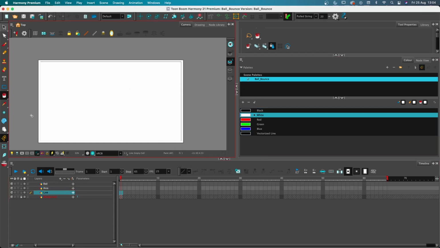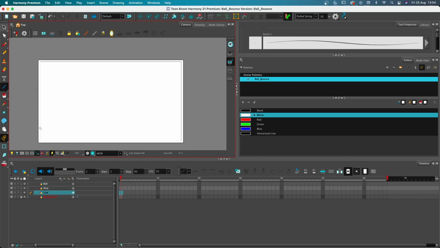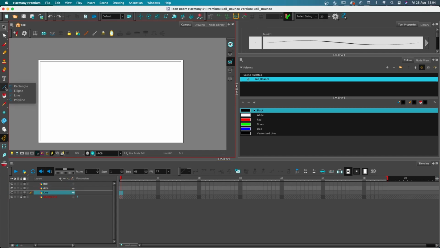Okay, the first thing we want to do is add a line for the floor. So I've clicked and held down and selected the line tool, and then gone over here and selected black, and then if I click and drag and hold shift, it will lock this straight. Basically, if I move it around, you can see it kind of snaps at different angles. Okay, so I want it straight. I'm just going to move it right across there, so we've got a floor line,